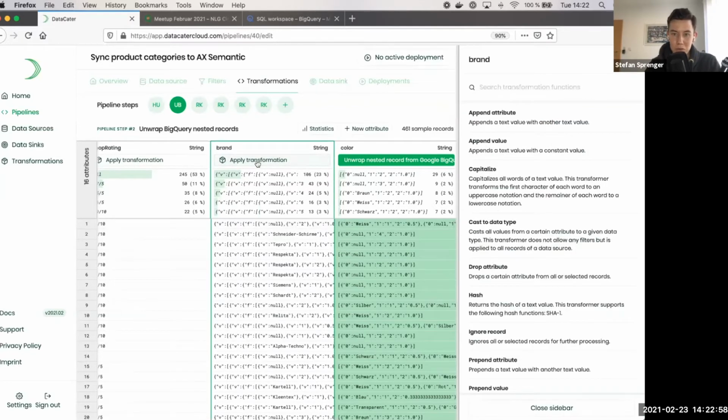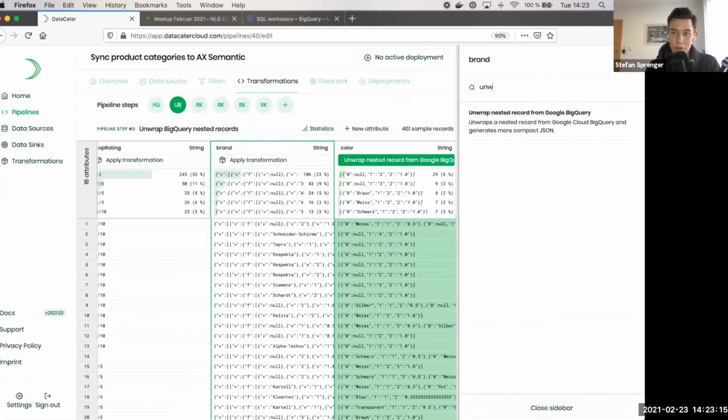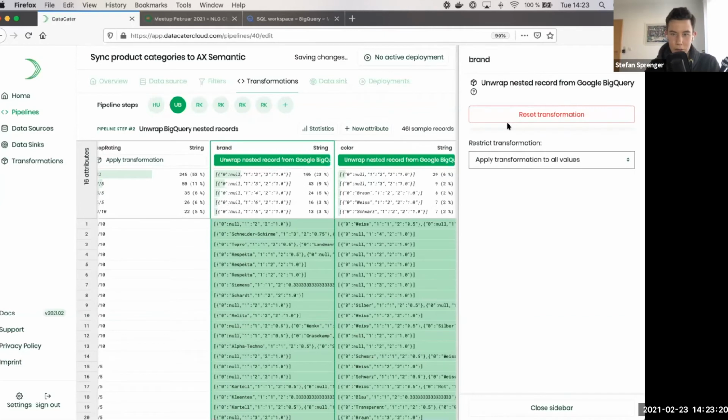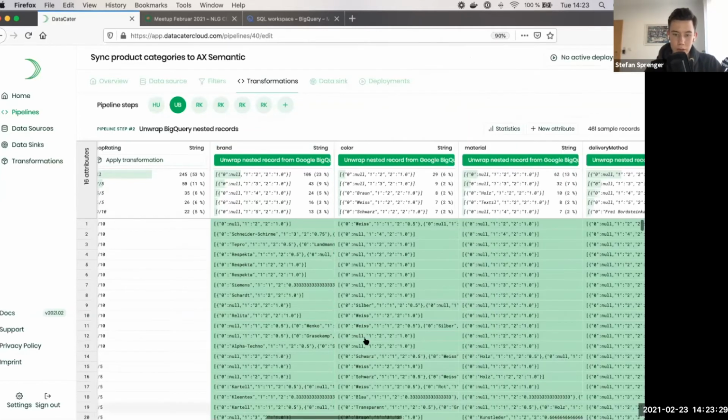Then, pretty similar to the filter functions, we get a list of predefined transformation functions that we can apply to this data. What we offer here for these BigQuery specific structures is a function to unwrap these nested records. I click that transformation function. The nice thing about our pipeline designer is that while you apply the transformations and build your pipeline, you can instantly see the impact on the sample data. So we're still left with